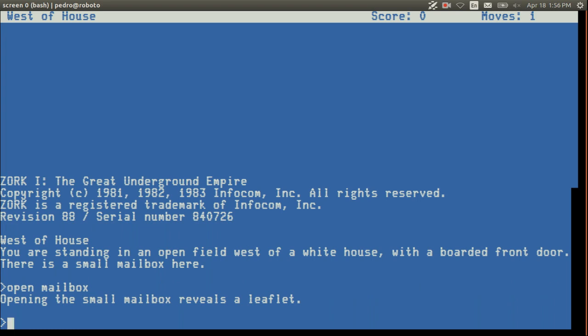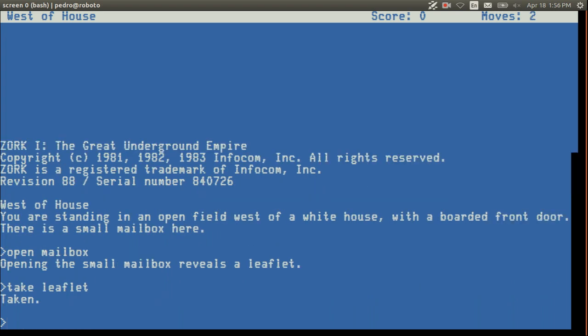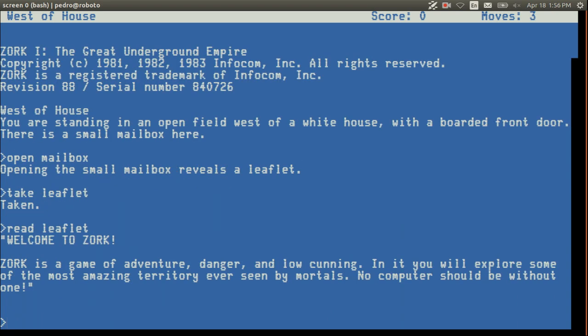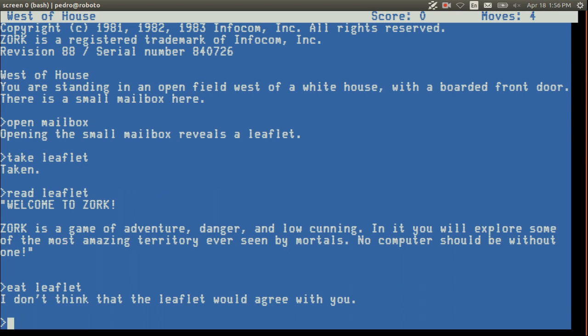Take leaflet. Eat the leaflet. And low cunning. Low cunning meaning like not very witty. You know, they're being self-deprecating. What now? Normal house.